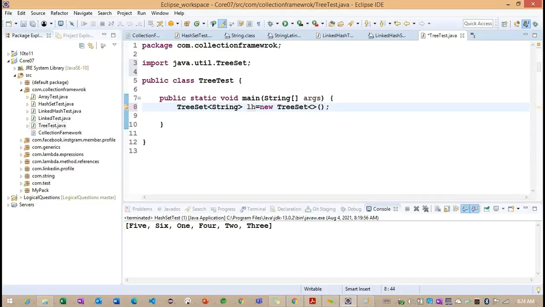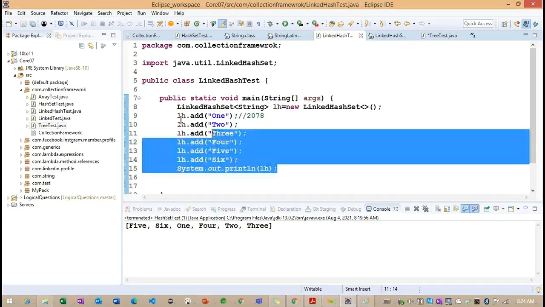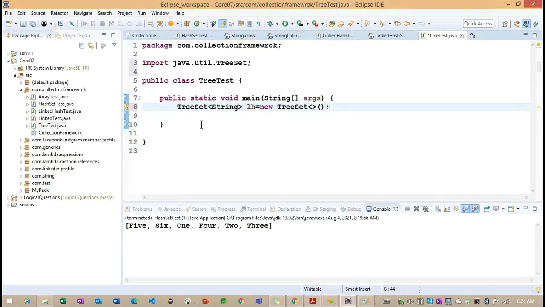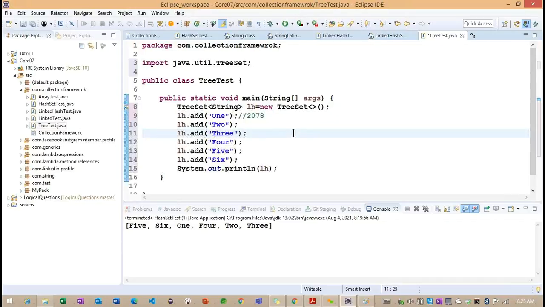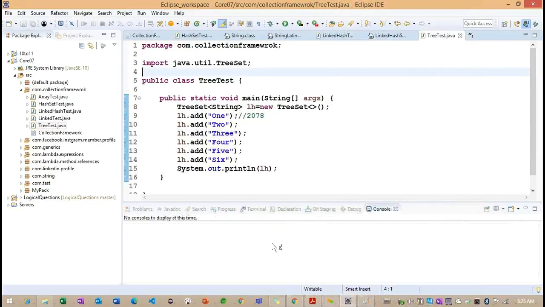Okay, observe. Based on this particular default one, I want to copy everything and run this application.